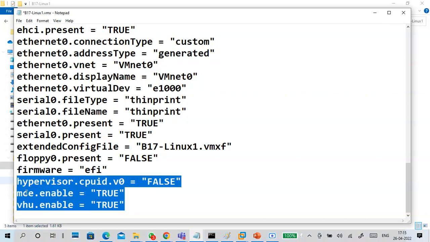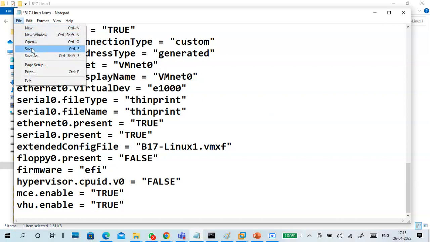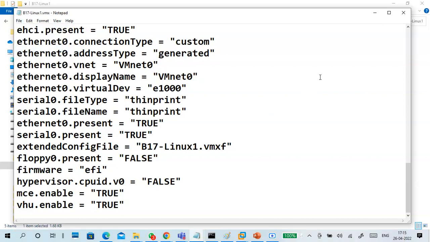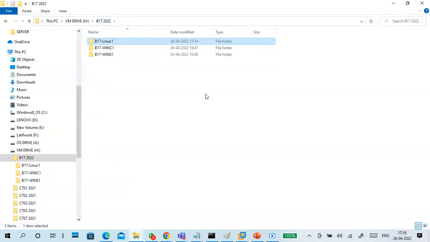I added these 3 lines. Do you know the meaning of adding these 3 lines? It means your virtual CPU exposes virtualization. For nested virtualization, if in future you want to install any nested virtualization, then you can use it. Completed this part.